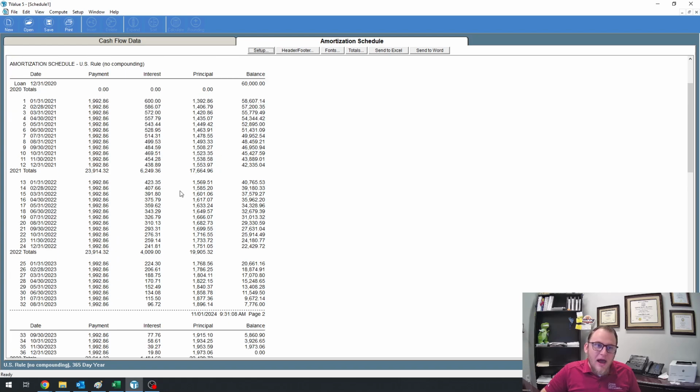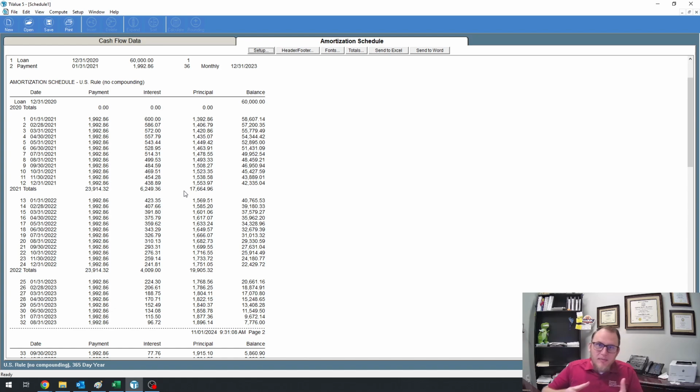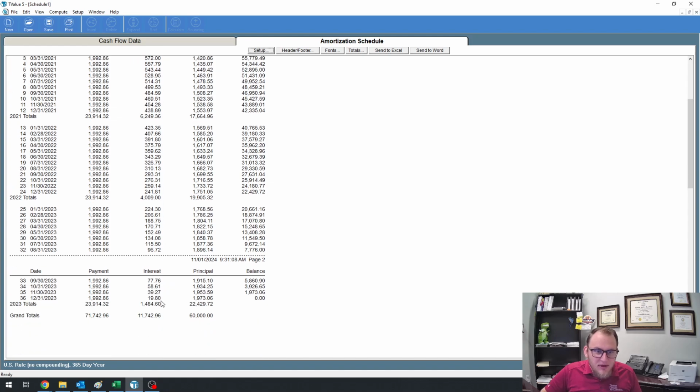Here's a schedule of how much interest is going to be applied to each payment, and how much is going to be principal. You can see that this first payment, $600, is going to be interest. The second payment, $586. Third payment, $572. So with each payment, the amount that is considered to be the interest expense portion is going down. So the very last payment,